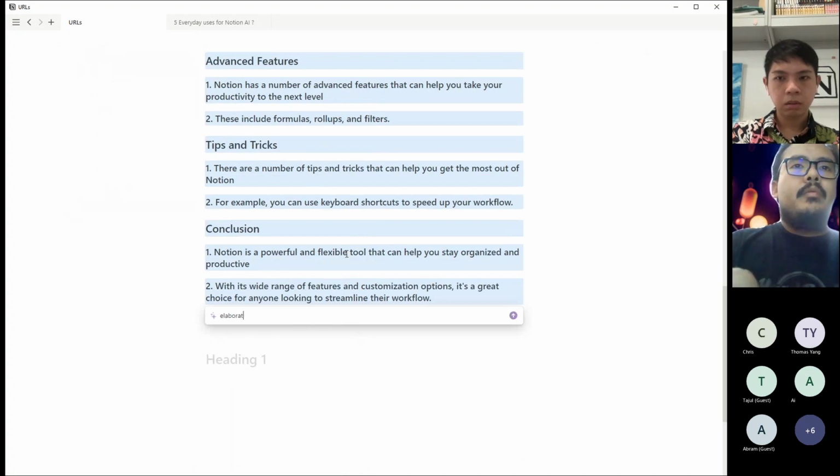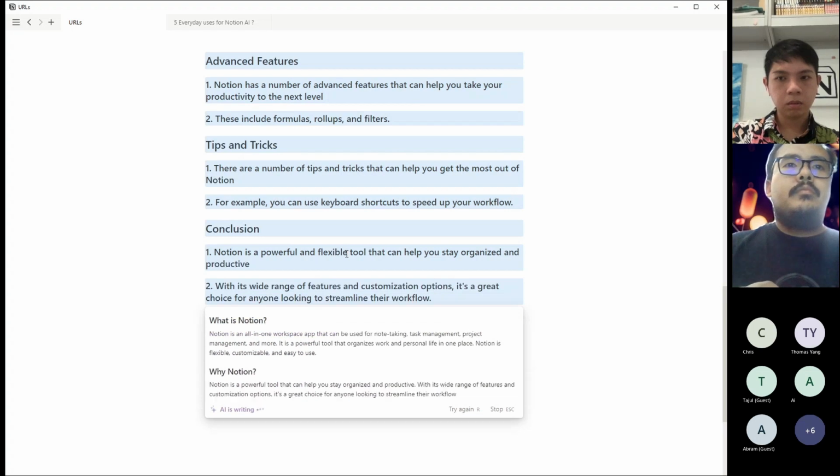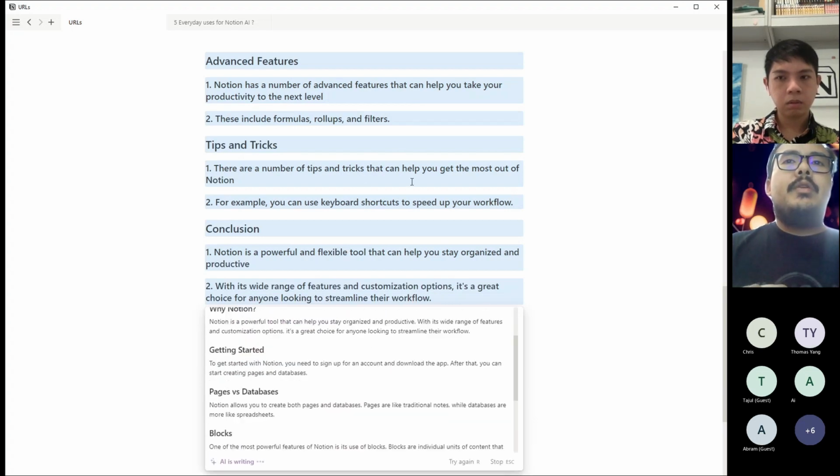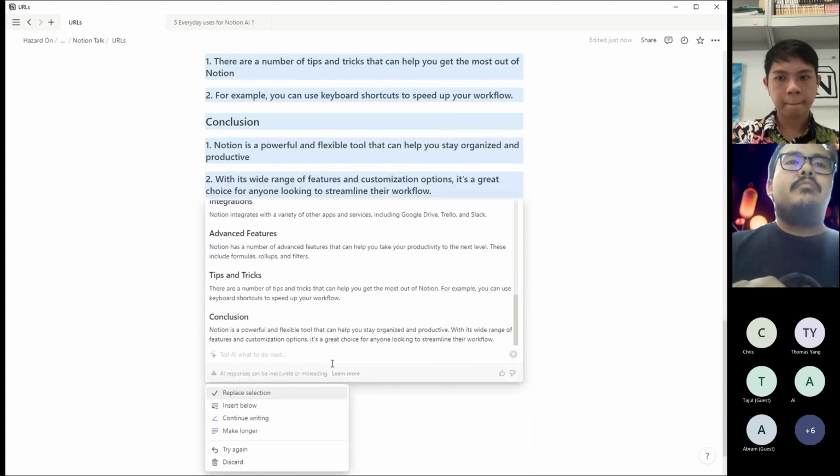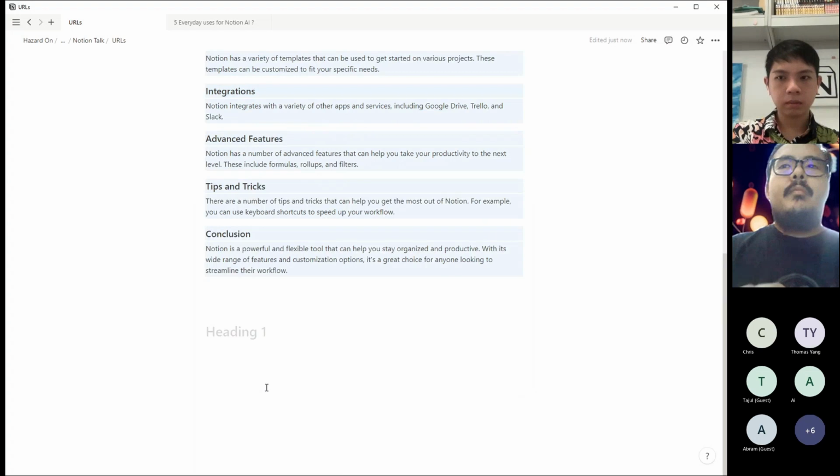Separate all points with 3 sub details. So it'll read the website and give you more details about it. You can watch.